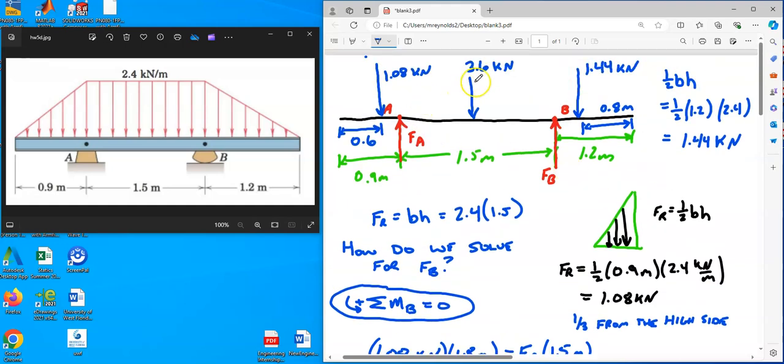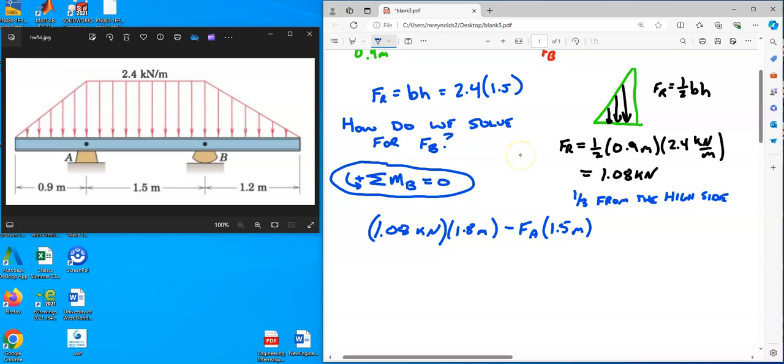Now, what's the next force? 3.6 kilonewtons. How far away is that from B? Well, we know A to B is 1.5 meters, and it's halfway. So what's half of 1.5? Well, 0.75. So this is going to be 3.6 kilonewtons times 0.75 meters,